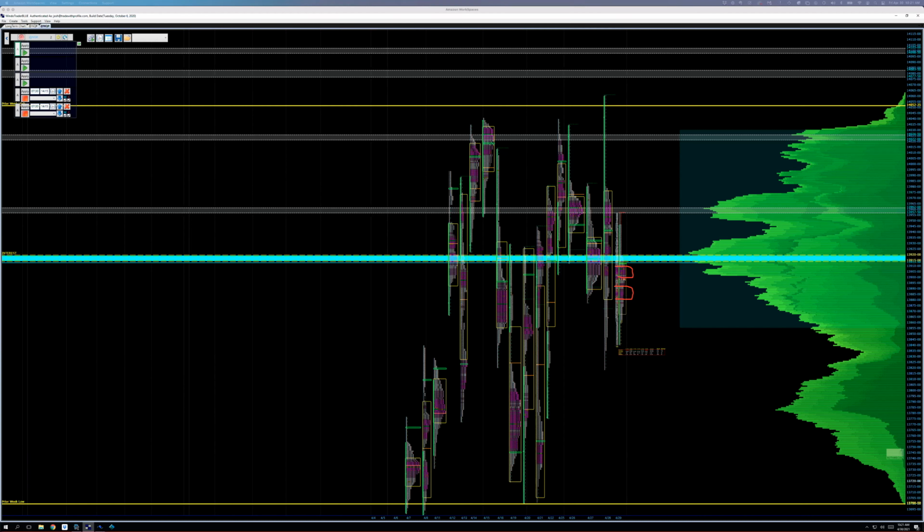Now, when the profile was originally put together, the TPO graphic, they used time as an approximation for volume because they couldn't reconcile volume information until the end of the day. So they used time as an approximation of that. Okay? So you may come across this argument of which is better, time at price or volume at price. And I would argue that volume at price is better, more accurate, because when Stottlemyre was originally using the tool, he was trying to identify where was the volume by using time as an approximation of that. Now, it doesn't negate the value of using time because time helps us see structure of the auction that volume